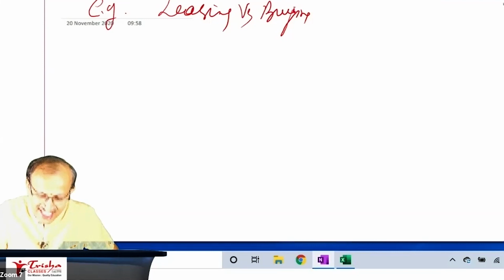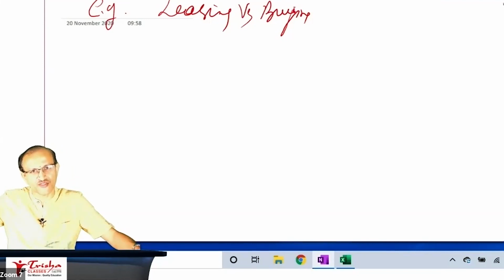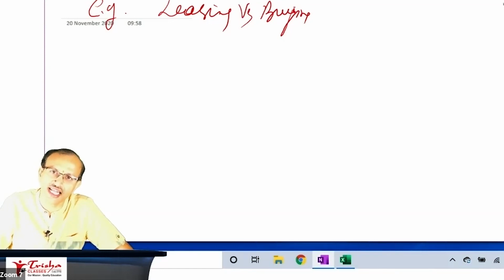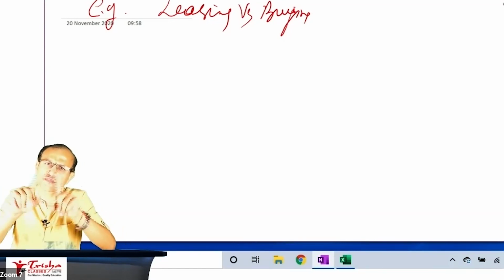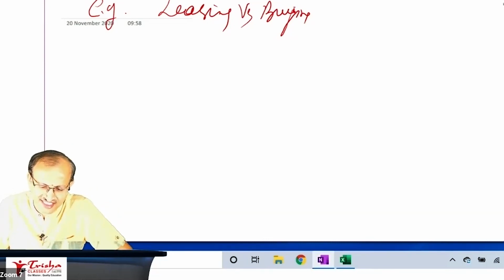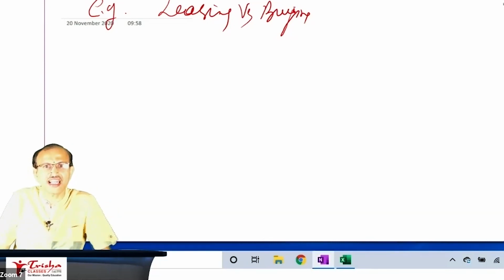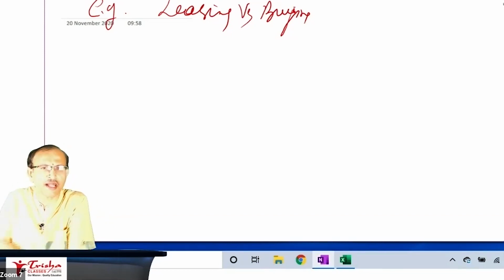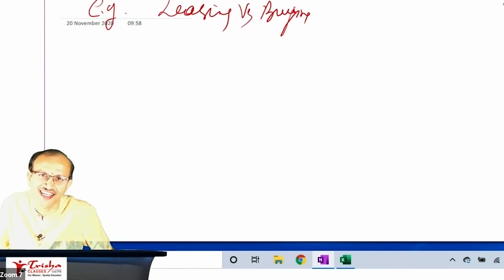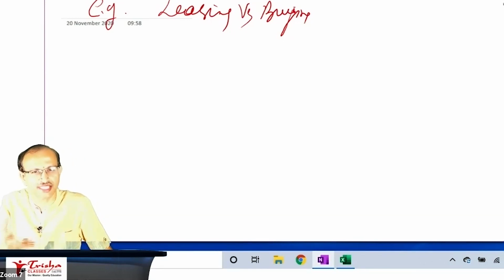Is that 10 lakh and 10 lakh 1 rupee a valid comparison? No way you can compare that. Can anyone tell me why you cannot compare 10 lakh and 10 lakh 1 rupee? 10 lakh is today, right? You will pay me back after 10 years. It's a huge gap. Even at a very small 5% interest rate, I would have earned 5% on simple interest, forget compound interest.